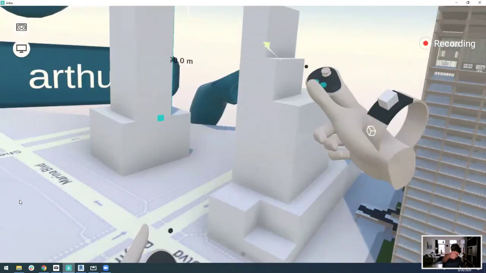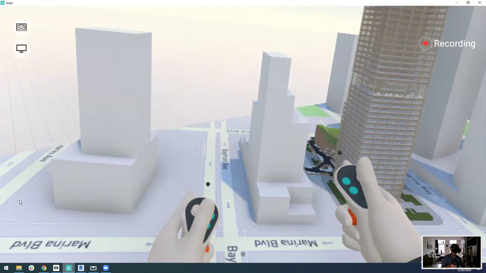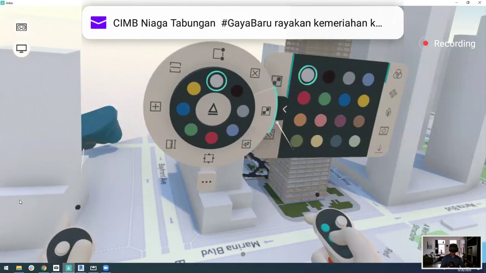Now, all of this geometry is parametric. So when I'm adding, for example, program information. So maybe I want to add,